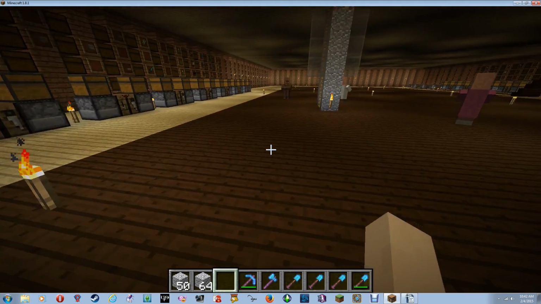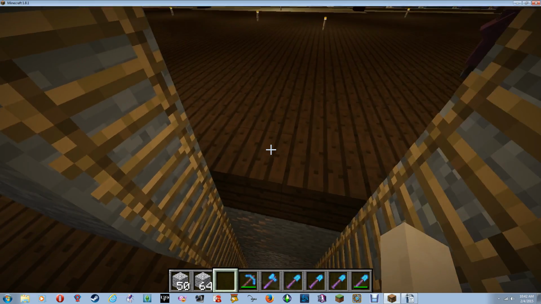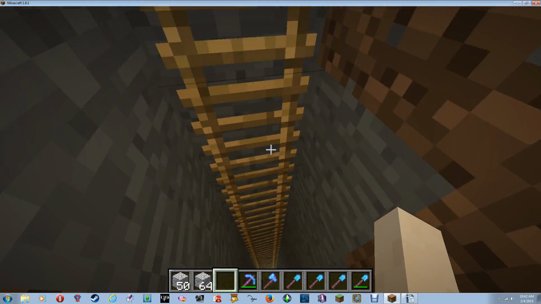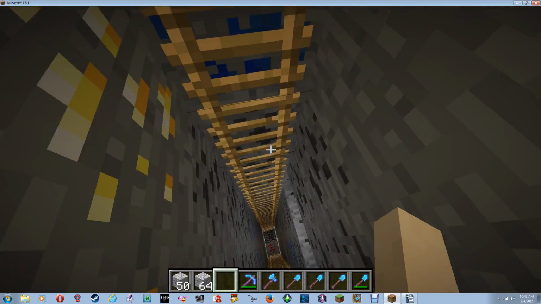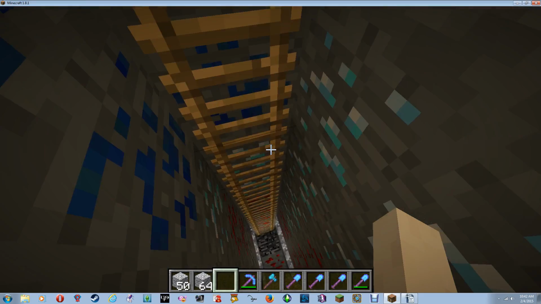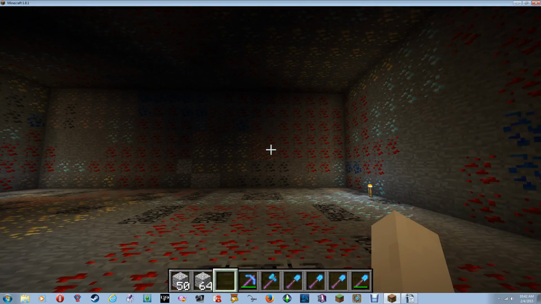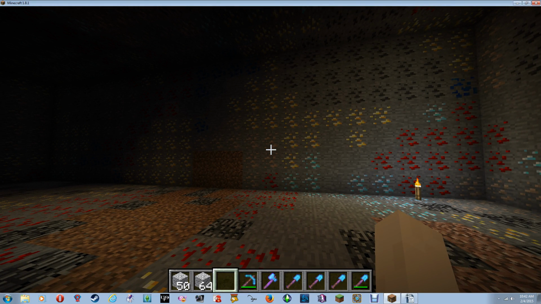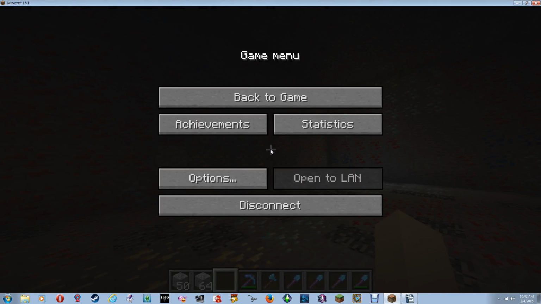Now I'm going to show you the basement, or the bottom level of this mining shaft. Down, down, down, down, down we go. And you see these walls, you see all these resources, how thick this is. This is not a default setting. If you play on a regular default map, you are not going to see resources like this. In order to get your resources like this,